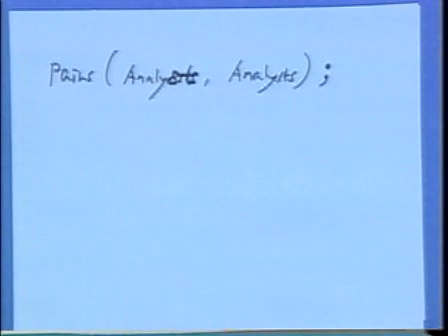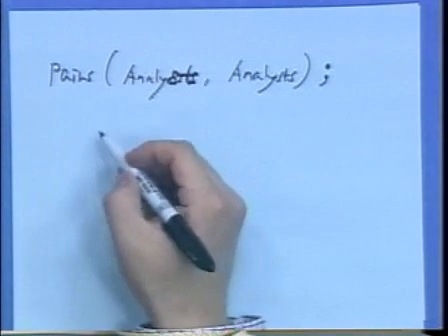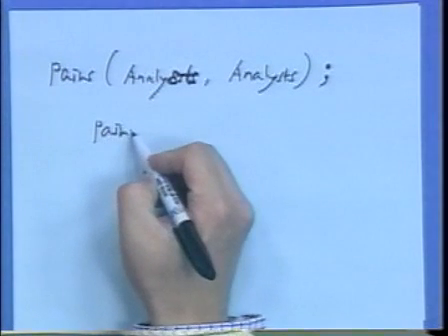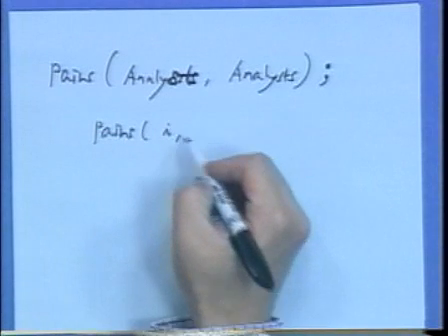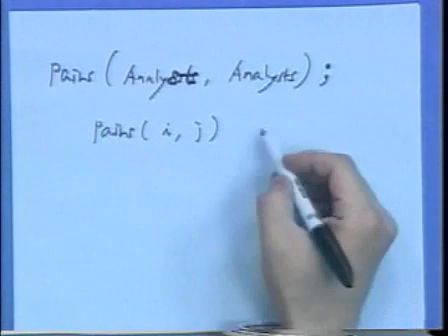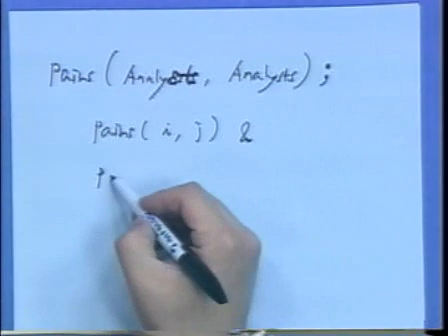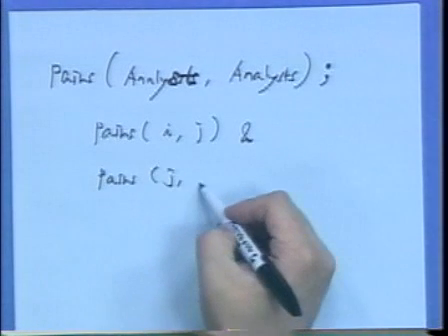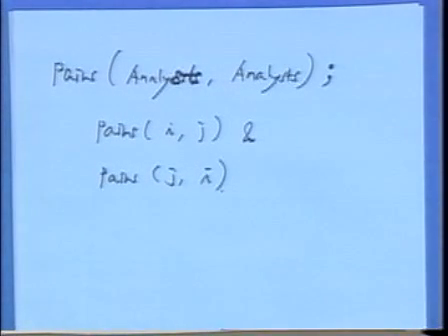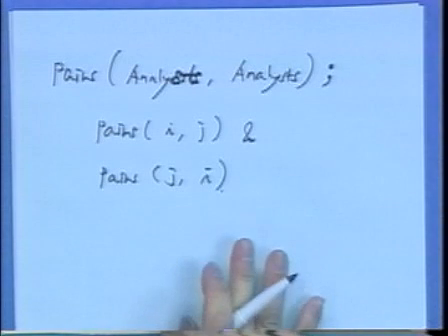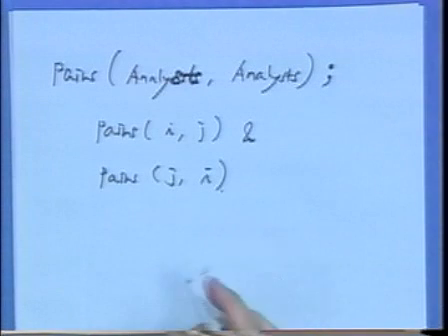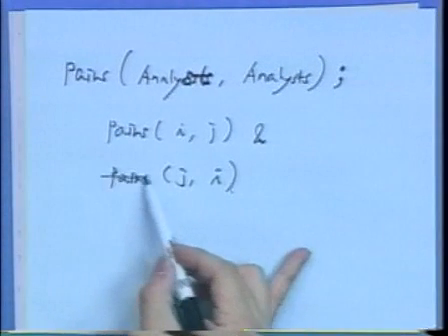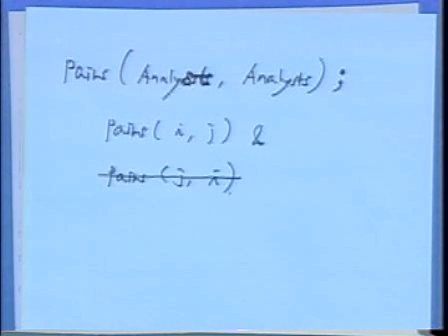however, this set would include both, say, pairs ij and pairs ji, right? Because only one of these pairs is required. The second would be wasteful, right? And furthermore,